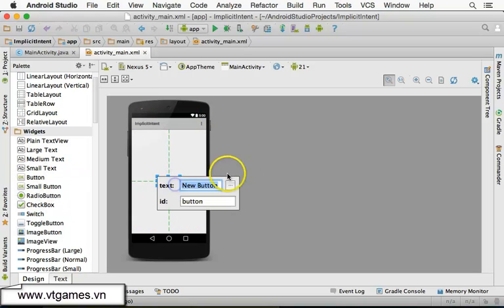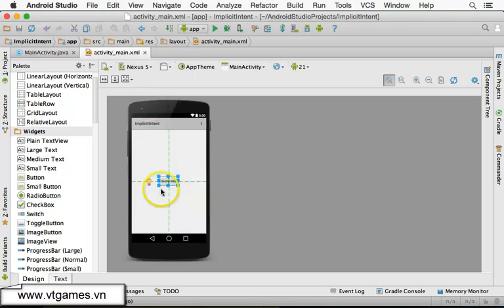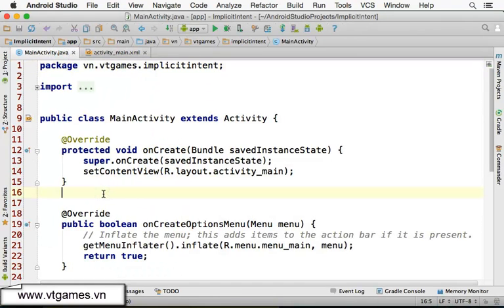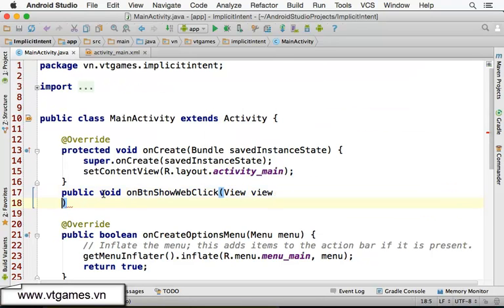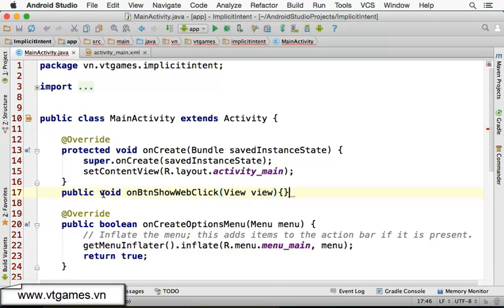Drop it here, double click on this button, and this one is going to show button show web. I say button show web. When we click on this button, it's going to call this method, public void onButtonShowWeb. Click view, control space, enter, control space. Okay, now we're going to